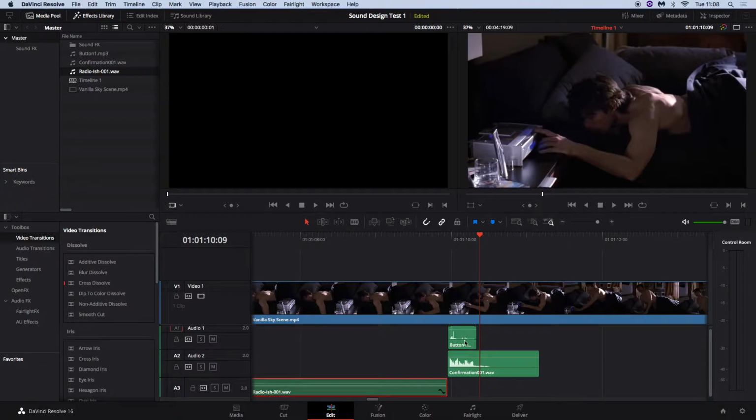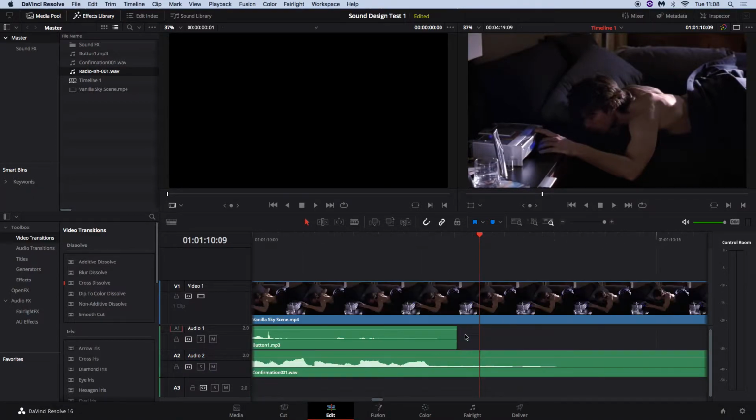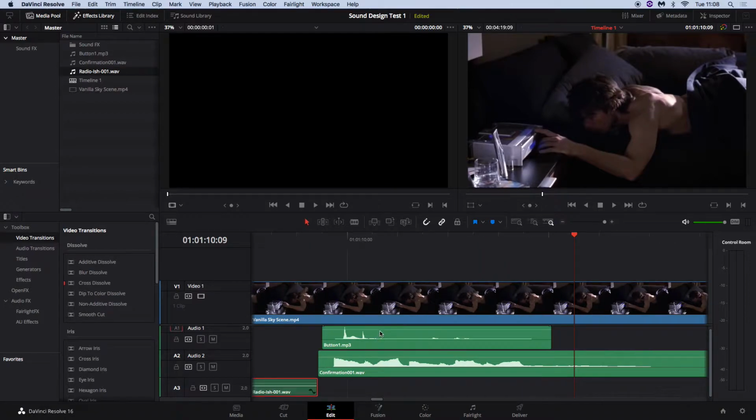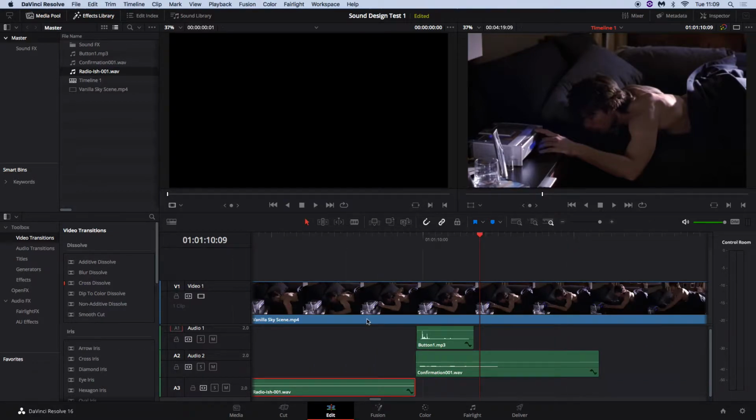So if you want to adjust the level of a clip, it's very easy. All you do is you come in with your mouse pointer, just a standard pointer, and you can just turn that clip up or down like that. Okay, so I might just want to come in here and do that to make this a little bit more subtle. I can also